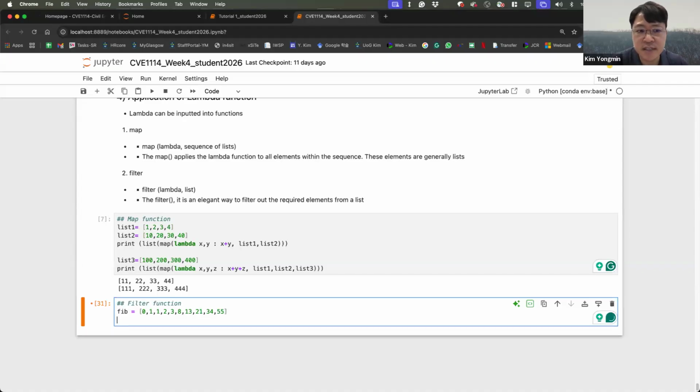Just think of this Fibonacci series as a particular list, and print the list.